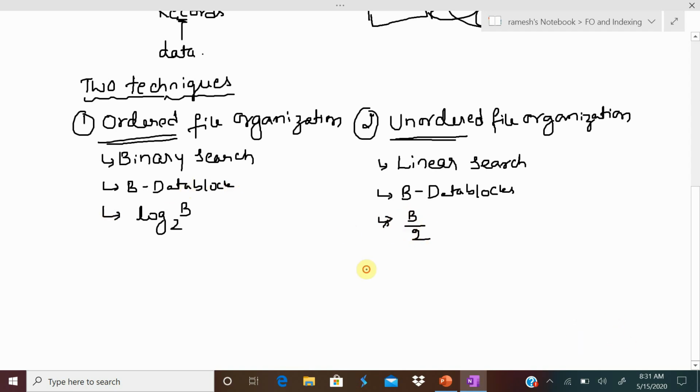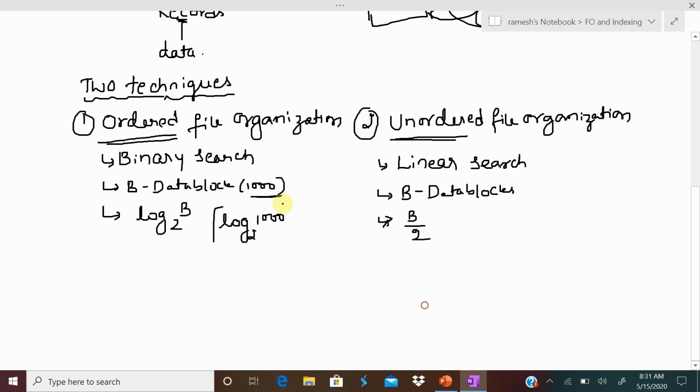Suppose we have 1000 blocks of data. Now if I use binary search, meaning the 1000 blocks of data are arranged in ordered fashion, on average it is going to take log 1000 base 2 accesses. Log 1000 base 2 is 9 point something.